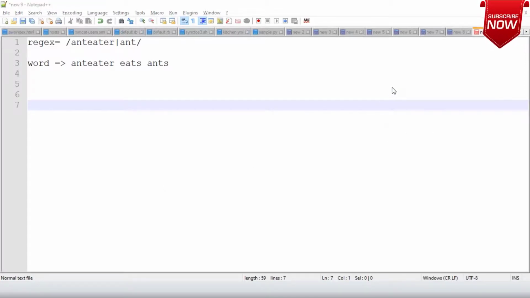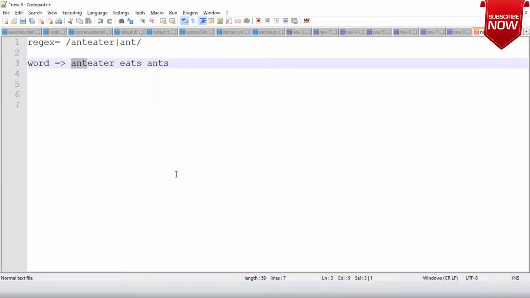Everyone is trying ant eater, right? No, ant will be the match. Yes or no? Ant eater or ant. These first three letters have basically given you a match. Regular expression will always try to get down and then tell whatever your first match is. Am I clear on this?